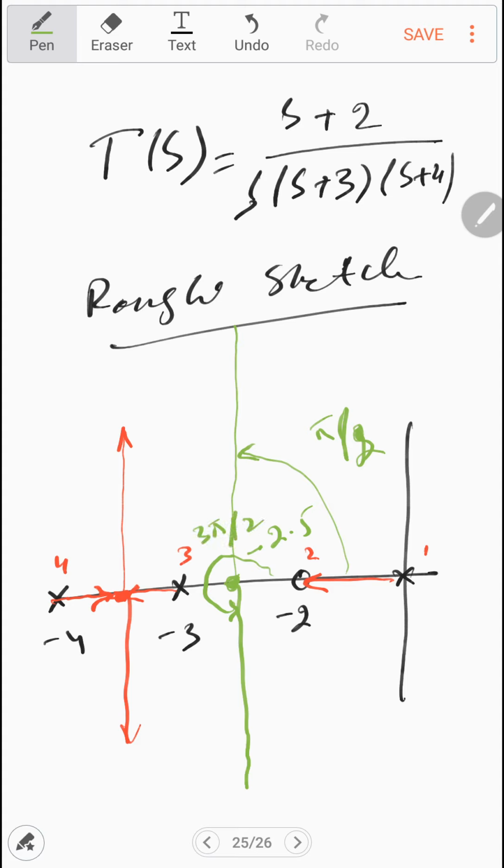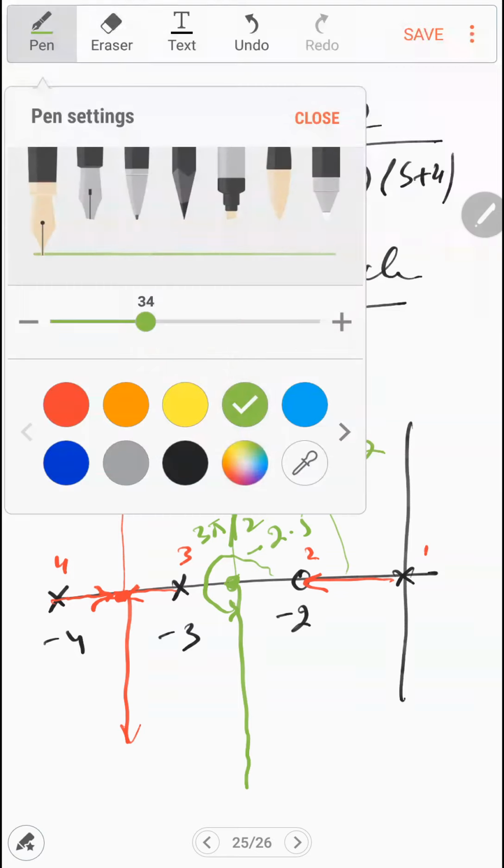So we found that this should be the straight line. So the root locus will rise such that it will be tangent to this line. See, the asymptote is tangent to some curve. So the locus will rise such that it will be tangent to this straight line at infinity.